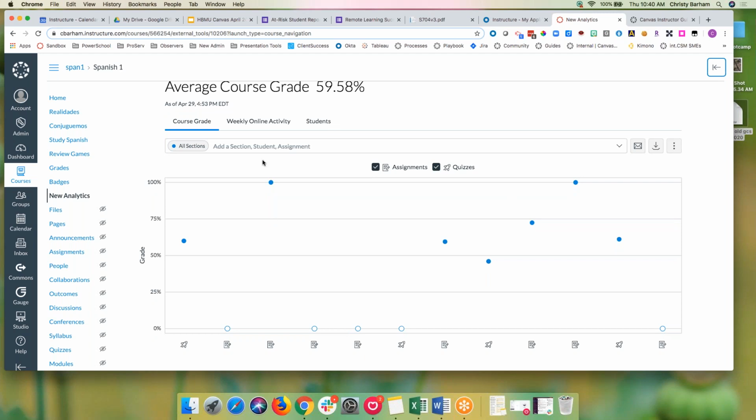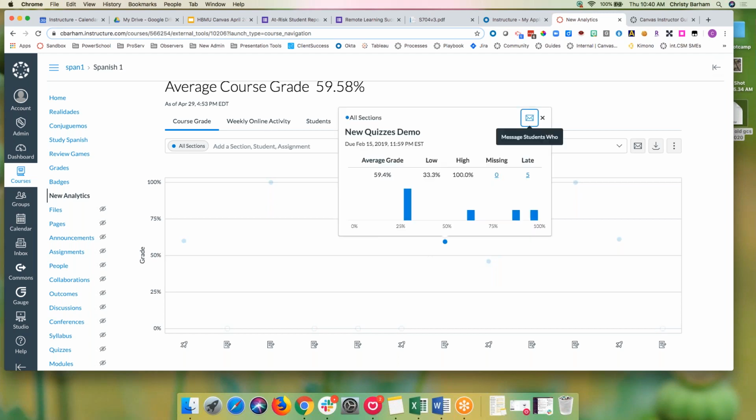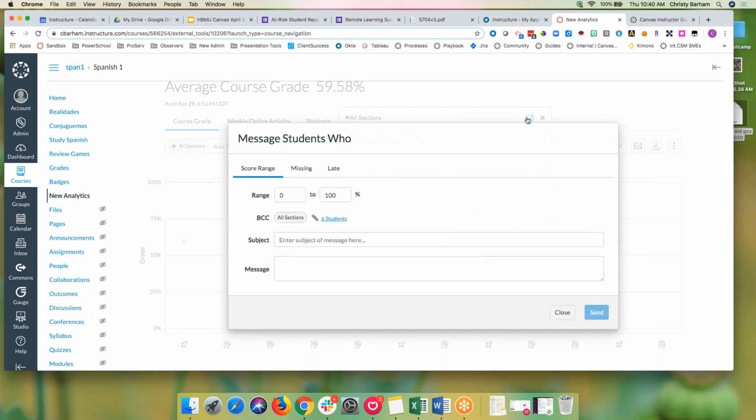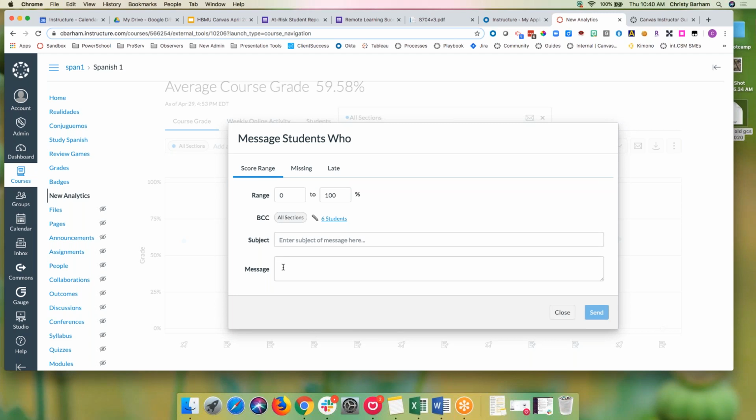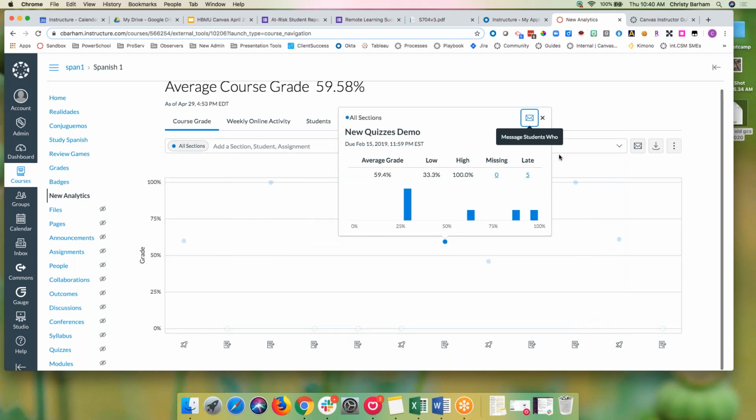overall, in terms of the course, a teacher can look at grades for specific assignments, what that average is. They can look at an individual assignment. They can see that grade distribution chart. They can even message students directly from here, whether they're in a score range, missing, or late, so that they could tell students, I'm giving you an additional attempt, or here's a resource to help you with that. Whatever would be appropriate. They can celebrate the students that had success. They can message directly from